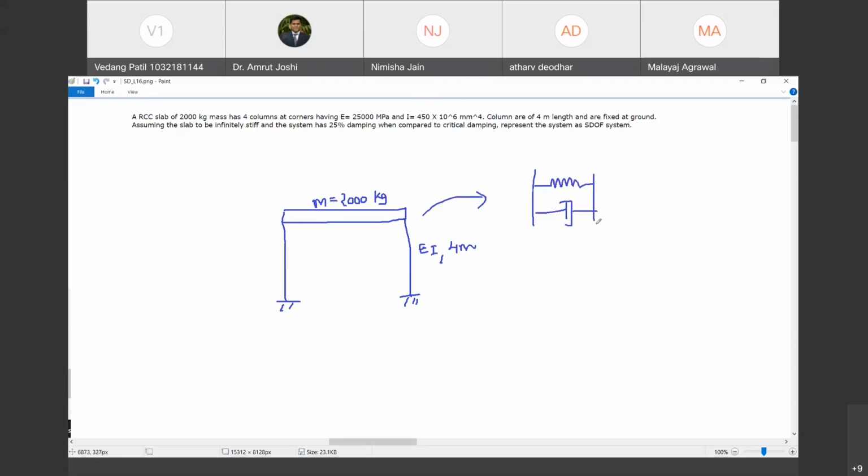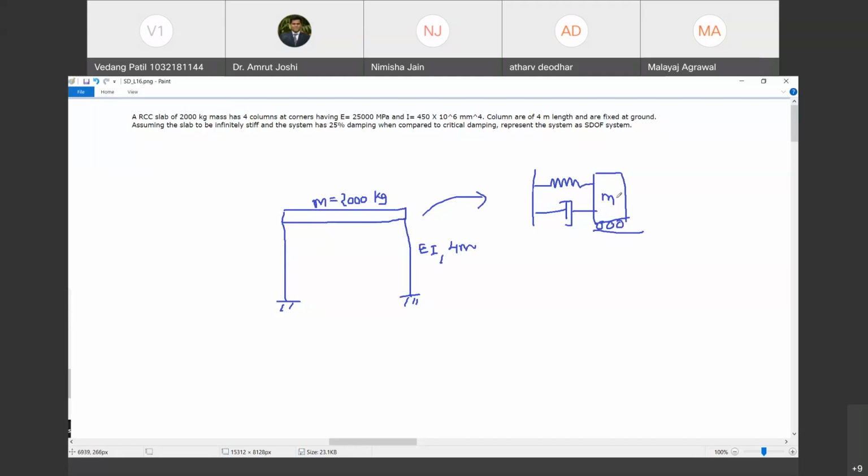Yes, sir. Now let us see which parameters you need to represent. Are you with me? You have been given the value of E and I, but you have not been given the value of cross-sectional area of the column. Do you agree with me? Yes, sir. You have been given its material. The RCC material is given, but the cross-sectional area is not given. So how can you compute its mass? It is impossible. Do you agree with me? Yes, sir. So this means you have to ignore the mass of columns. We cannot calculate the mass of columns.